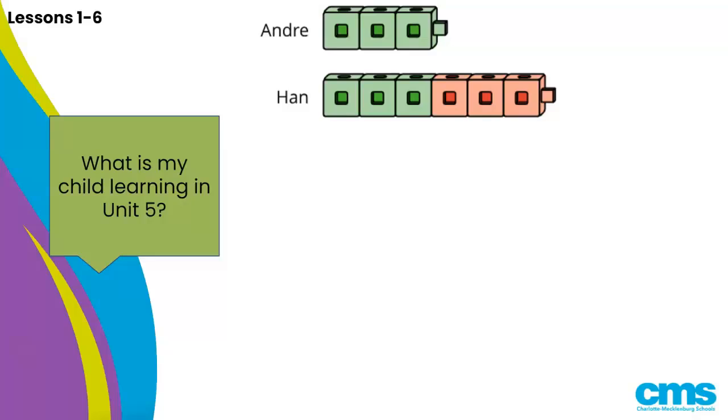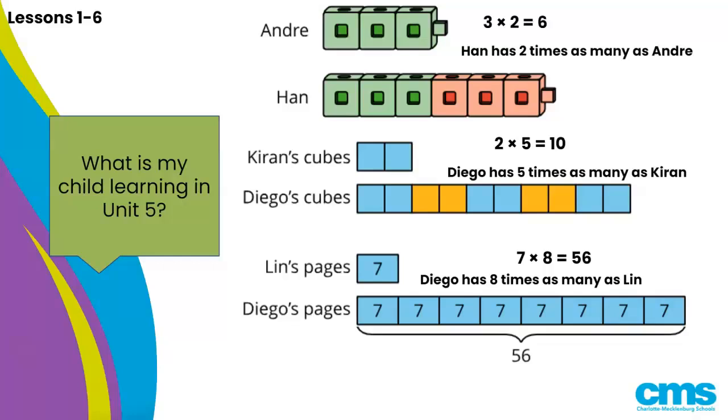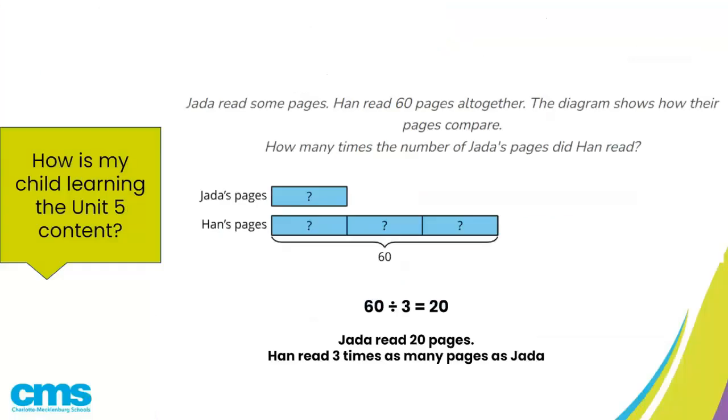They progress from using concrete representation, or actual cubes, to discrete diagrams, showing cubes or showing sections that each represent single objects. As they encounter greater factors in more abstract situations, students interpret and use diagrams in which each section represents any quantity. Students write multiplication equations and express comparisons. As the problems become more complex, they reason with given diagrams or diagrams that they draw and use division to